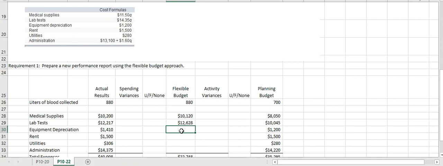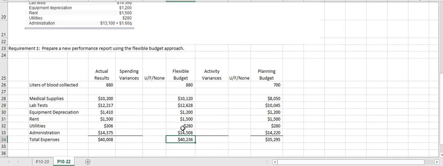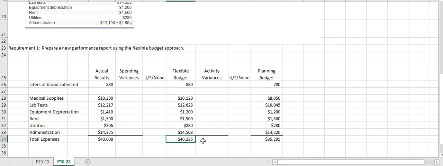Equipment depreciation is fixed, so that one's easy. We can just bring that down. Rent, $1,500. That one was given. Utilities, that one was fixed also, so $280. And administration is a mixed cost, so it's going to be the $13,100 plus $1.60 times 880 liters, which gives us $14,508. All right, so now that we have those